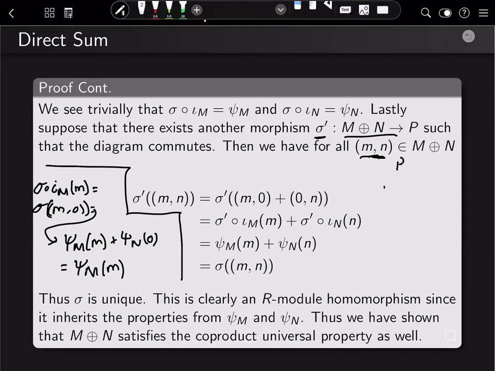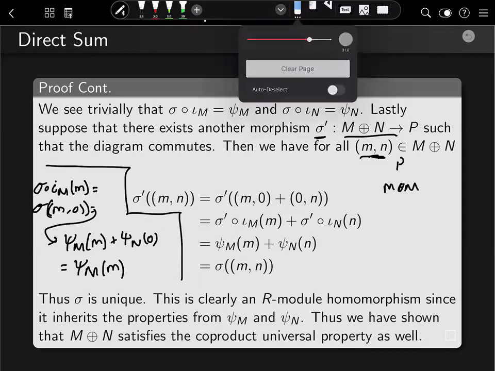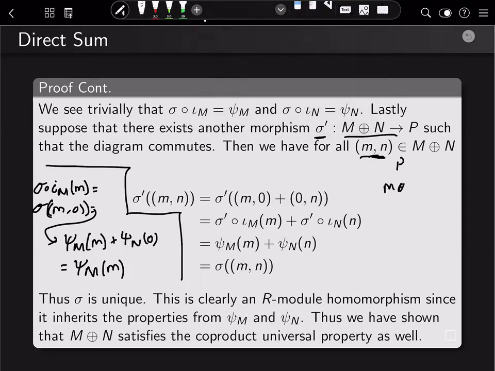So we have this picture here. With this picture, we can split this guy up. This is the same iota m, and this is the same iota n. This is psi m, this is psi n. So we can split this up into sigma prime composed with iota m,